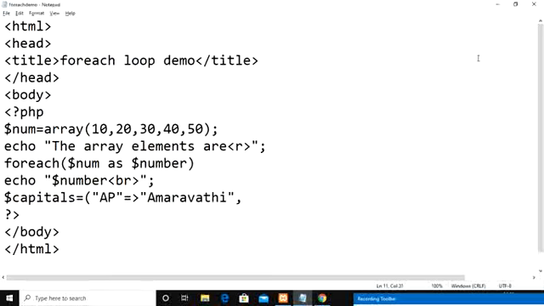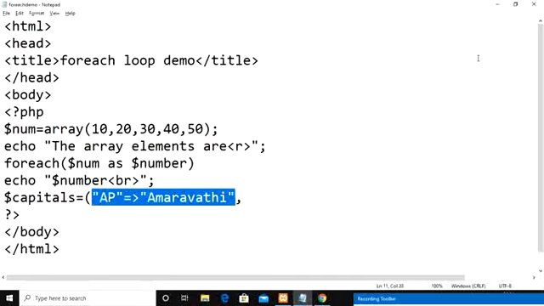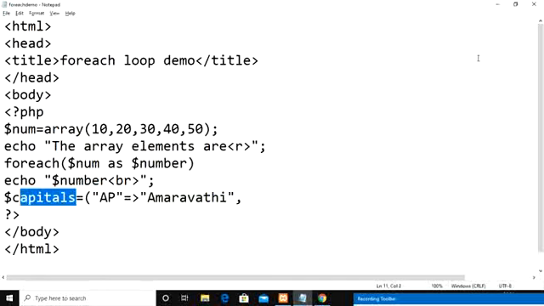This kind of pair of elements we will have: a key, followed by a value. This one we call the key, and this one I call the value. This complete key-value pair we consider as a single element of the array called capitals. It means the value Amaravati is present at the index AP within the capitals array.